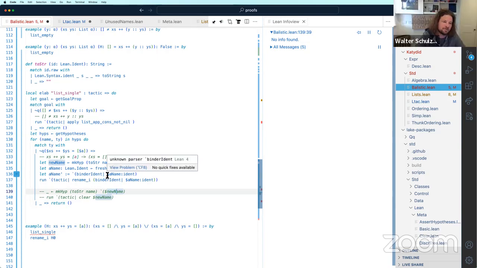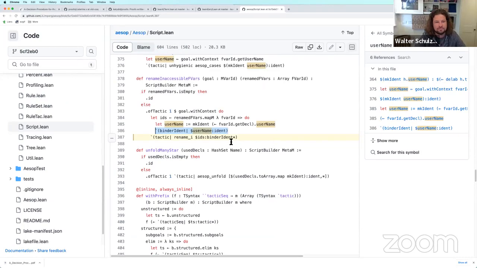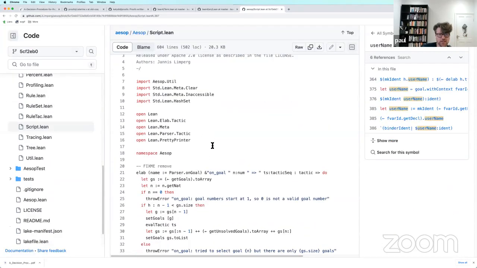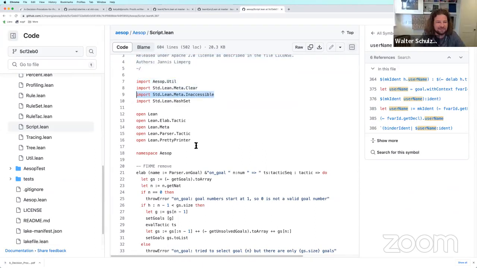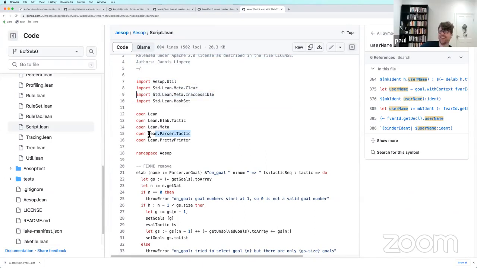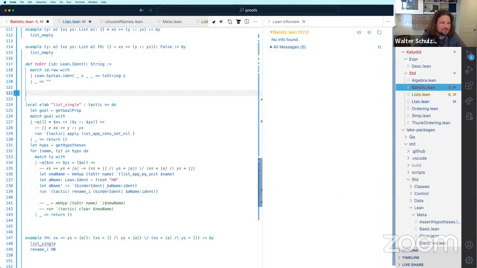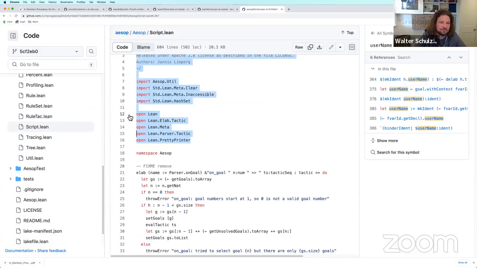Unknown parser binder ident. Well, that's rubbish. We've seen it. Inaccessible, maybe. Maybe this one, I think. Okay, let's.